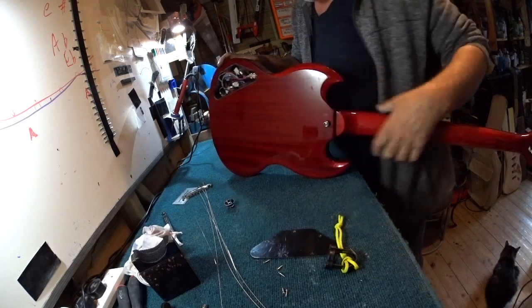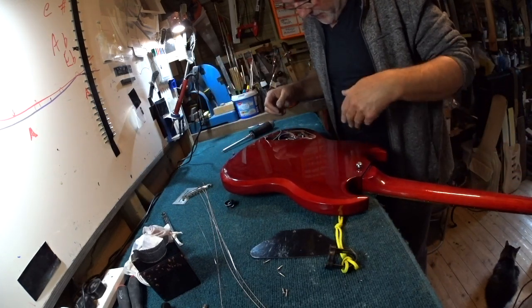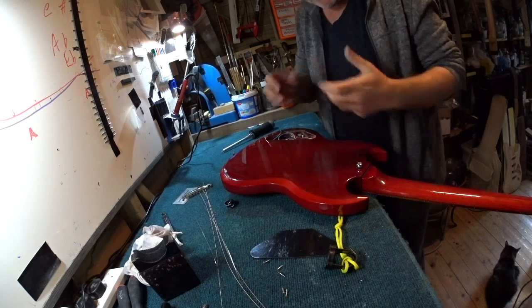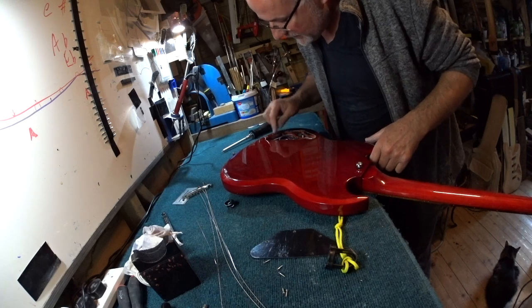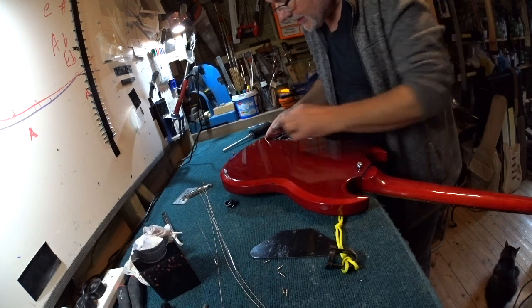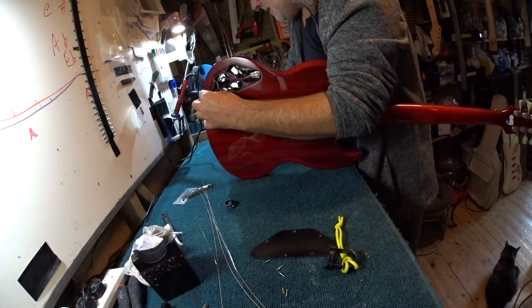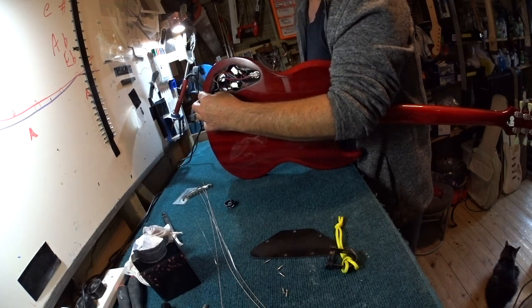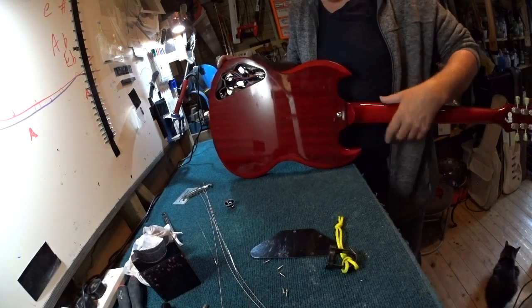Again, this is thin mahogany. You don't really want to put so much force into it because you can split it just by over-tensioning pots. Now, having put that round there, I also want this to go side on to here and make sure it stays in place. So I also now can do this and hold it with my finger. Now, what I have used, I used some light grade, fairly light grade